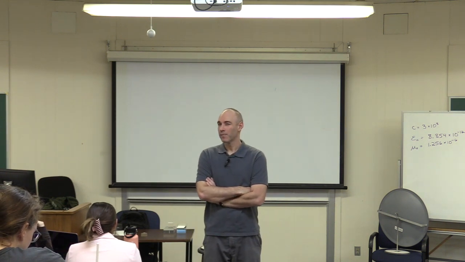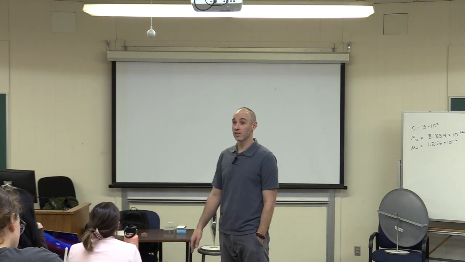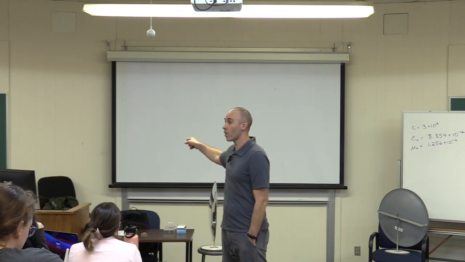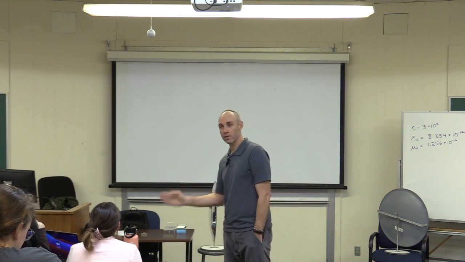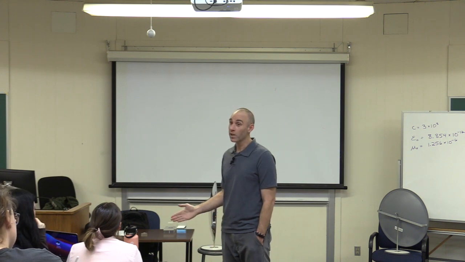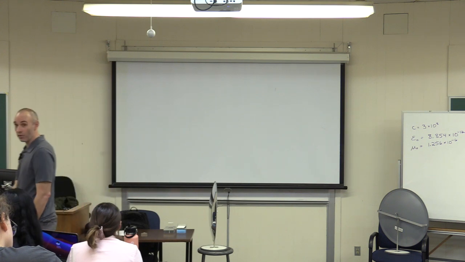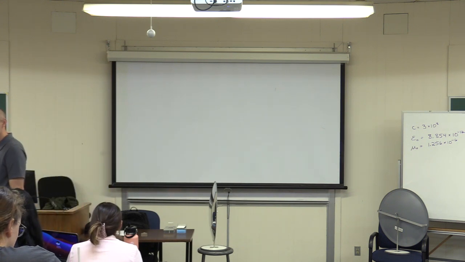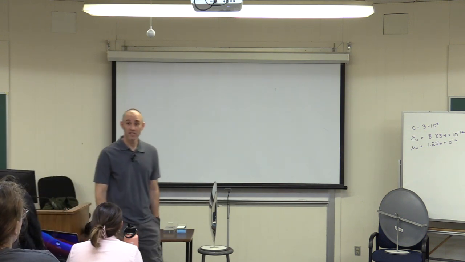But what does that mean? If I'm at the beach and there's some hard ground, there's some sand, and there's some water, it's much easier for me to run on the hard ground than it is for me to run on the sand. It's really hot. I want to get to the water as fast as I can. Minimum amount of time. Do I spend more time on the hard ground or more time on the sand? I spend more time where I can go faster. So I have a big angle here on the hard ground and a small angle here as I cut across the sand. Light does the exact same thing.